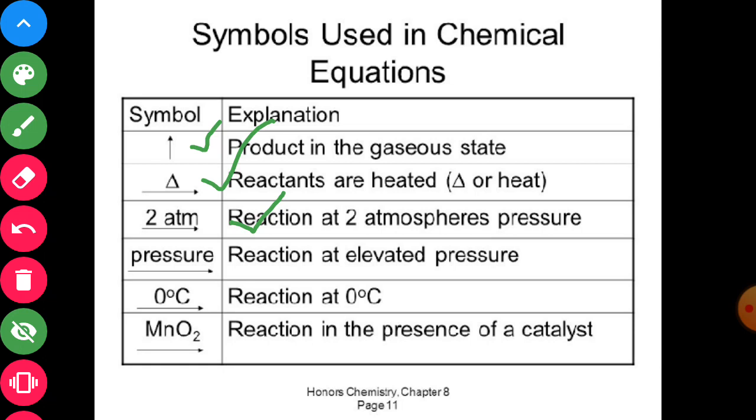If the pressure is very high, if it is elevated, then we simply mention it above the arrow. The temperature of reaction is also mentioned. Example, 0 degrees Celsius. Have a look at this one. If there is an involvement of a catalyst, it is also mentioned. It is mentioned above the arrow, like this. In this case, it is manganese dioxide. And that's how we use